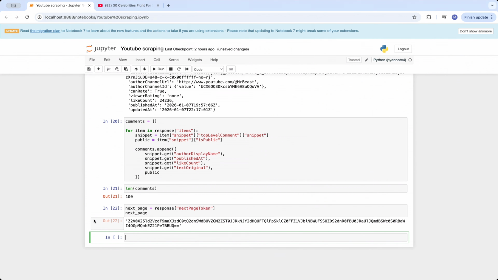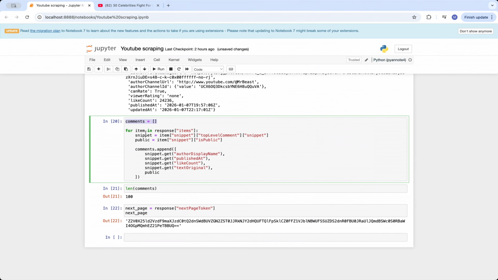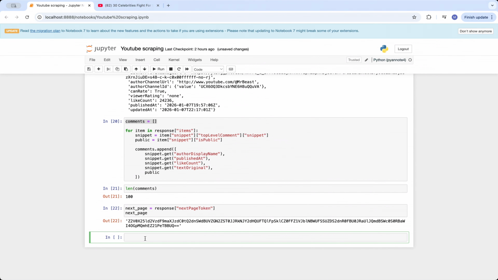Now we loop through all remaining pages until no more comments are available. Each time we extract the same fields and add them to our list, which is this list. We are going to loop through all the pages, extract the comments, and put them in this list. So while next